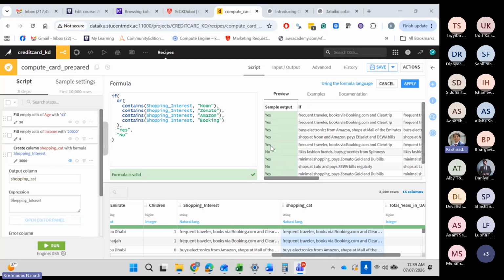So just ask GPT use if, or and contains and give the prompt. Yes, you're good. So which method are you using? Okay, sounds good.